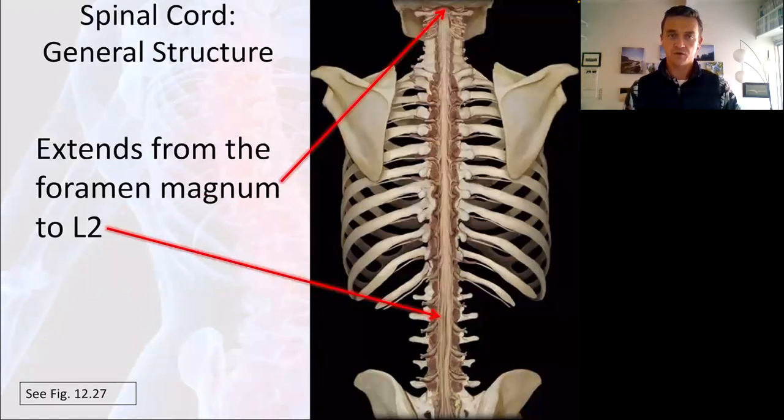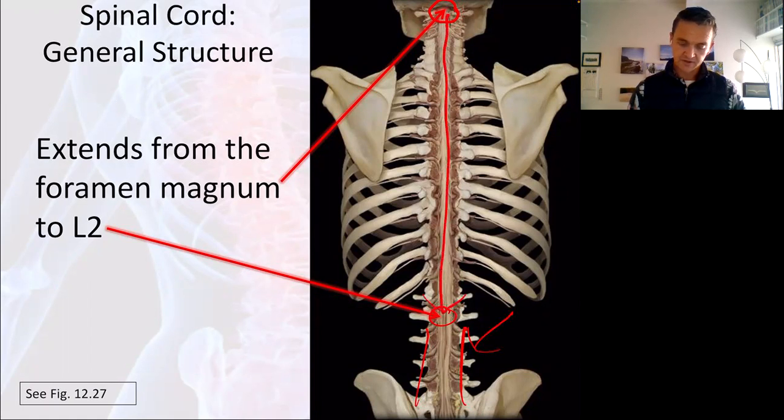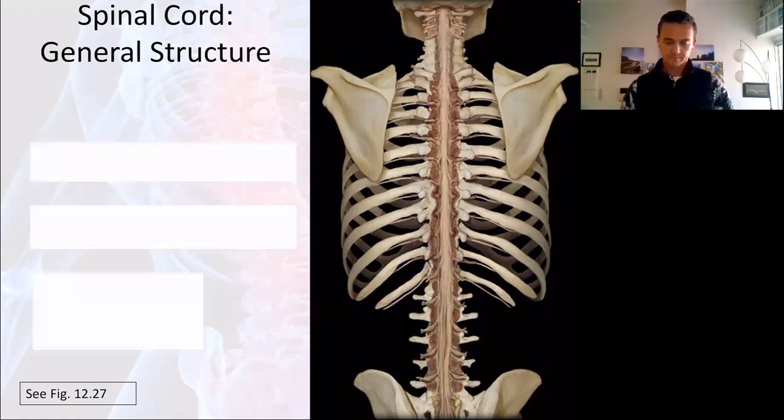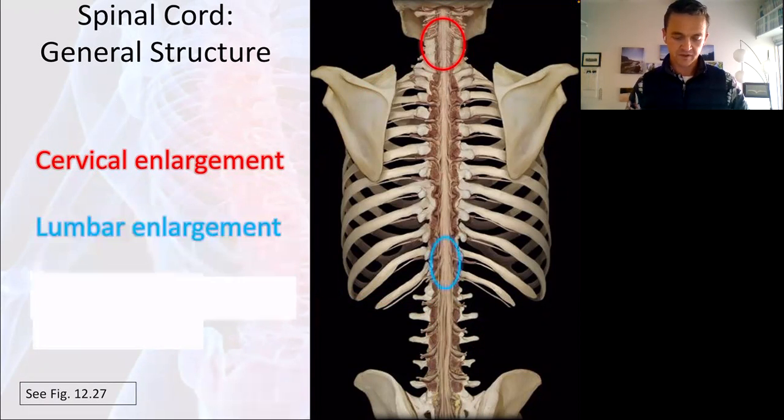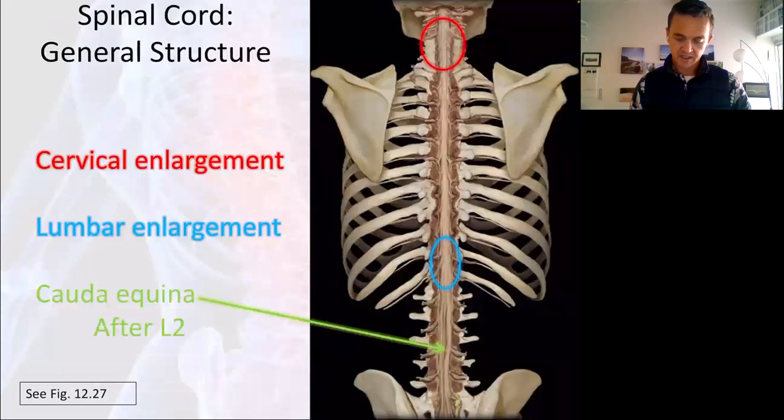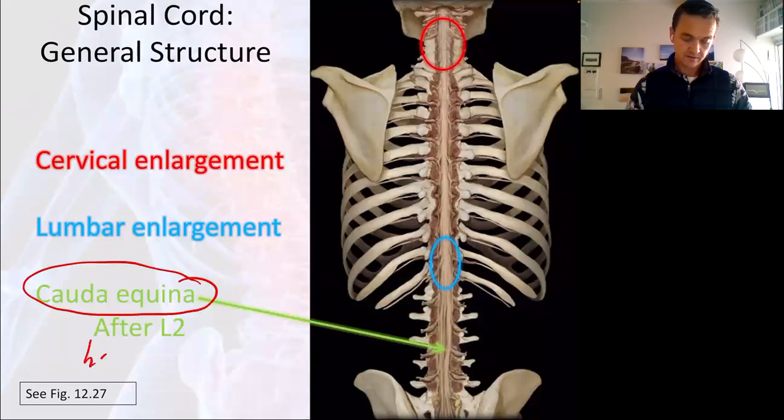It extends all the way from the foramen magnum, which is that hole in the bottom of the skull, all the way down to L2. After that, it's something different. We're going to talk about what it's called when it gets down there, but the true spinal cord is just that part right there. Okay, so we have a couple enlargements: a cervical enlargement, a lumbar enlargement, and then after L2, we call it the cauda equina,